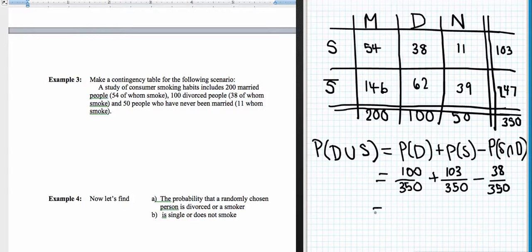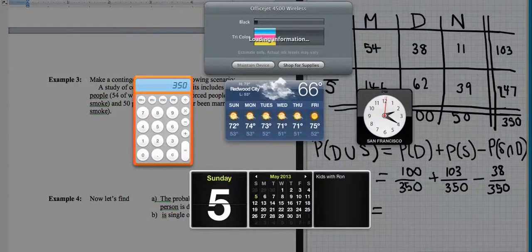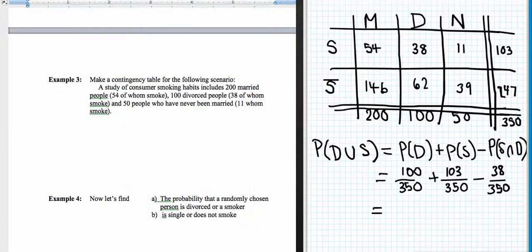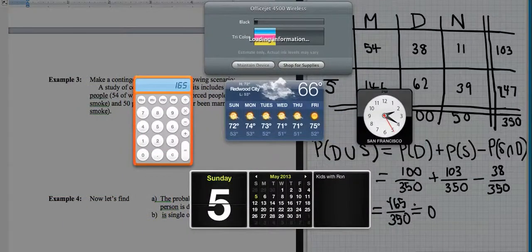So now we have a total here, and that's 203 minus 38, and that's going to give us 165. So 165 out of 350. Now we could certainly reduce that, right? I know it reduces at least by 5s, but I'm just going to go ahead and give it as a decimal. So approximately, 165 divided by 350, and that's going to give us